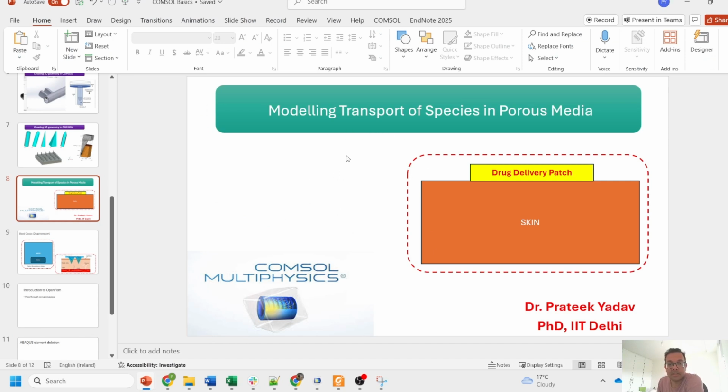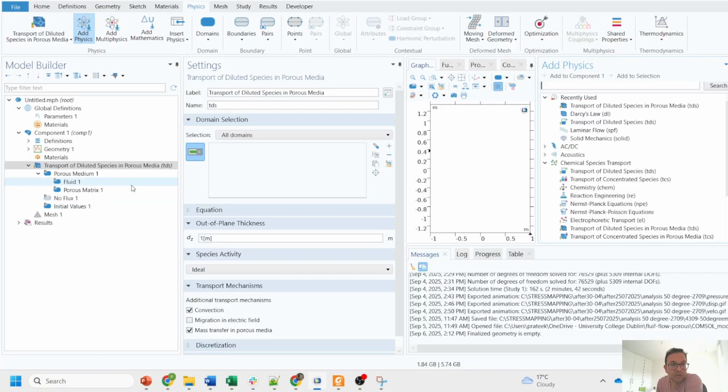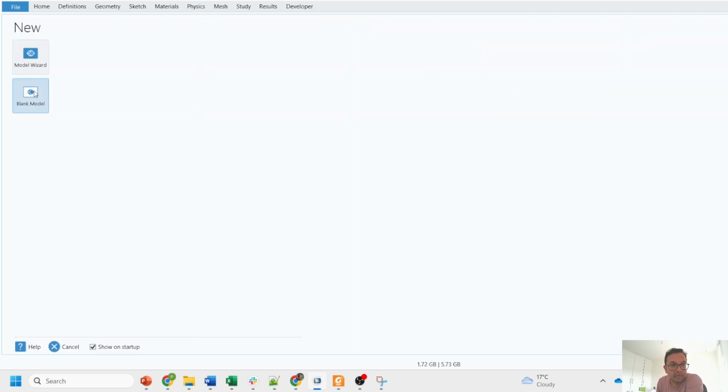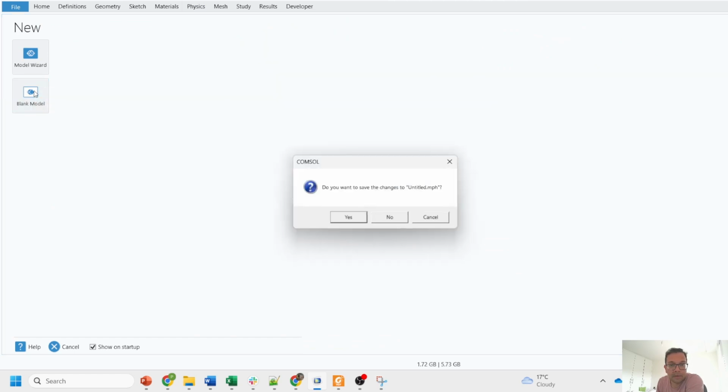For the modeling of this type of system, we would be using the transport of species in porous media module, which is available in COMSOL. So I will just start with opening COMSOL. When you open COMSOL, let me start from the beginning. Let's say new file. We go forward with the blank model,